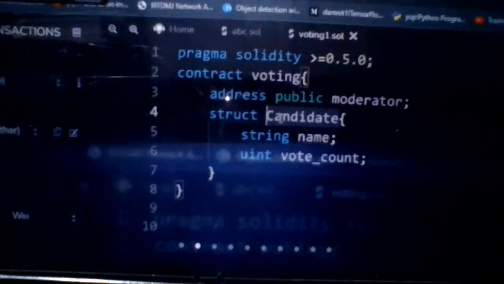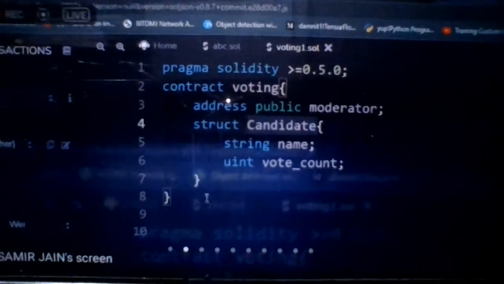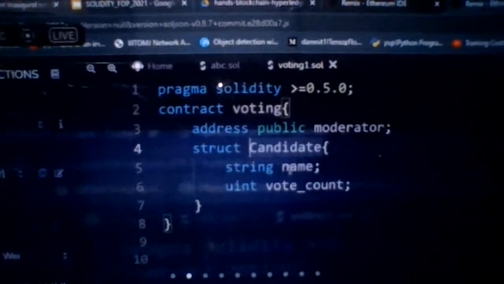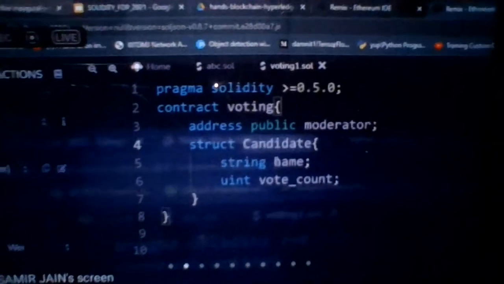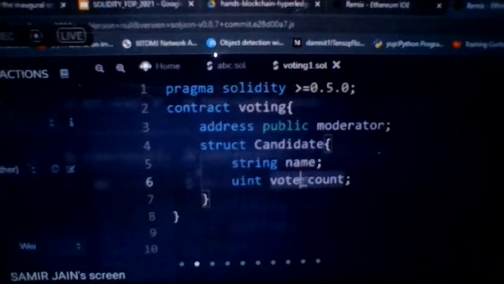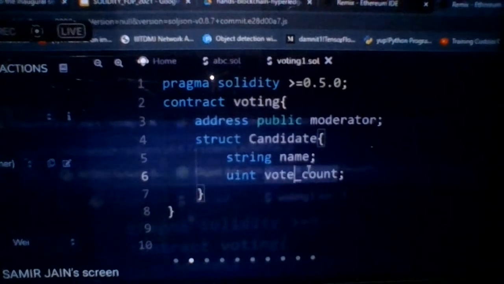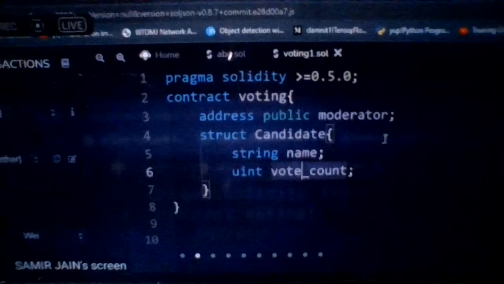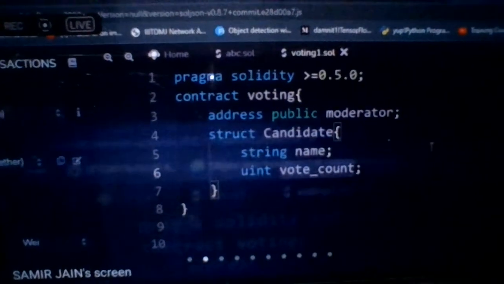Vote count. For every candidate, suppose there are three candidates, X, Y, and Z. Suppose candidate X has name X and vote count initially 0. Y is another candidate having name Y and vote count 0, and Z is the third candidate, having vote count 0.